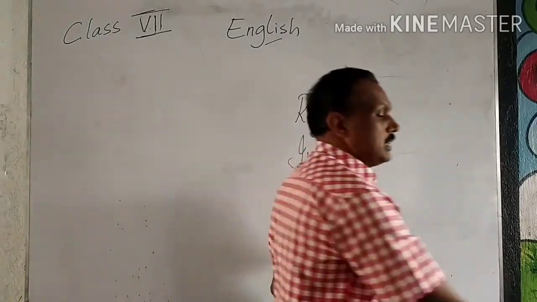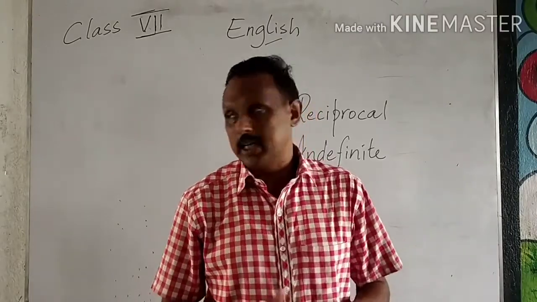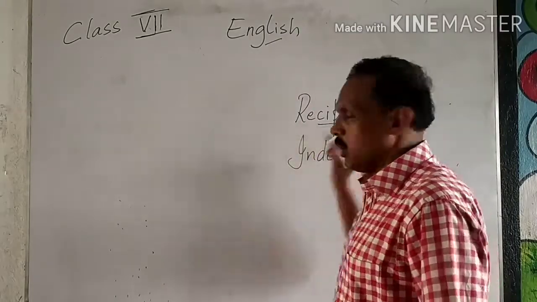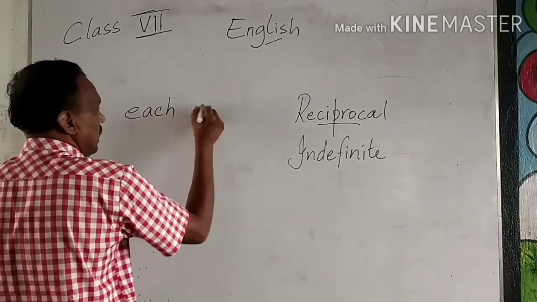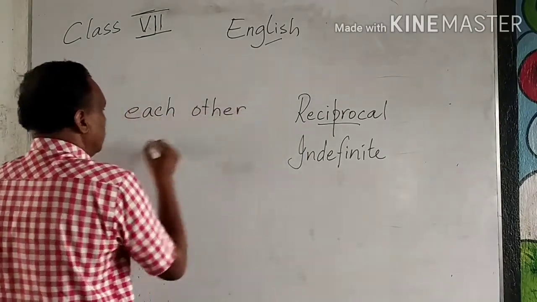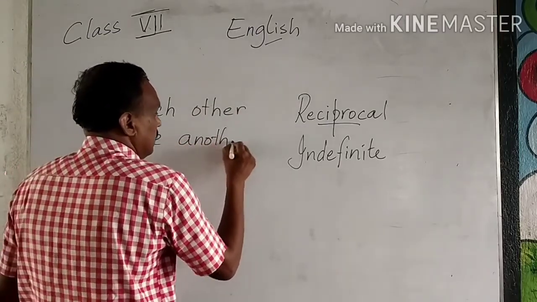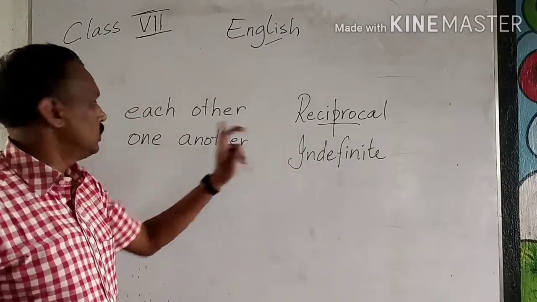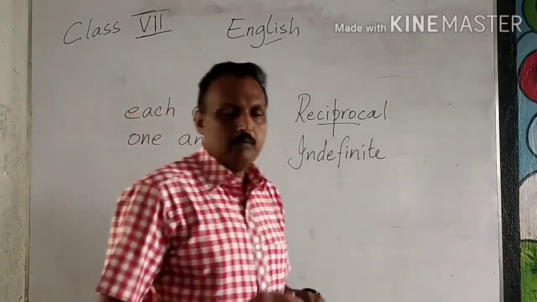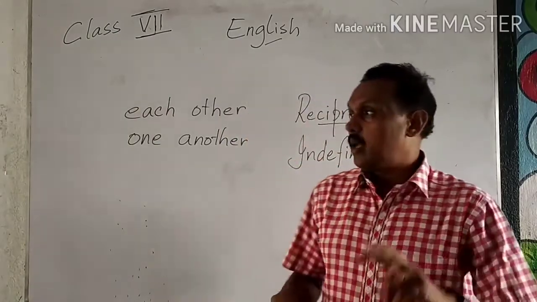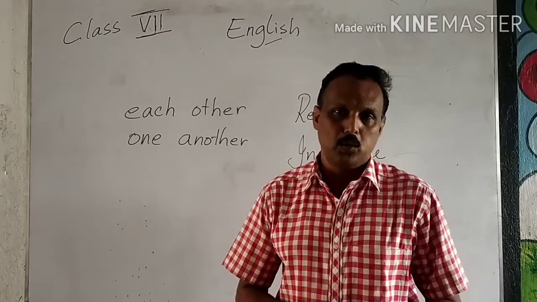So here also reciprocal means what? Give and take. It will be easier for you to understand. In reciprocal pronouns there are only 2. One is each other and other is one another. Remember, in reciprocal pronouns only these 2 are there: each other and one another. When do we use that one? When there are only 2 people, 2 things concerned about which we are talking about, like